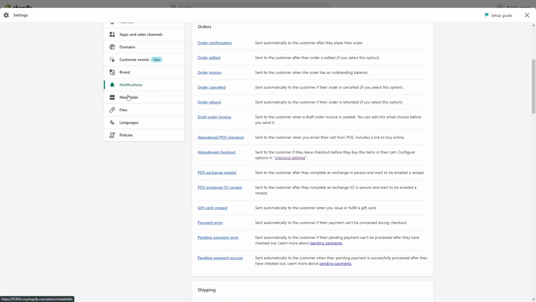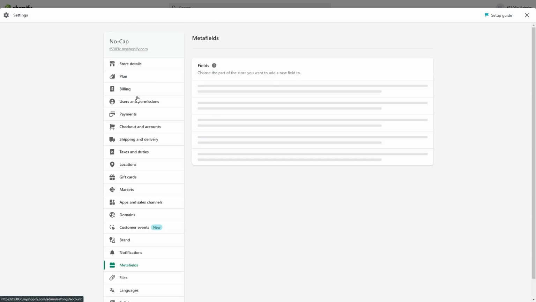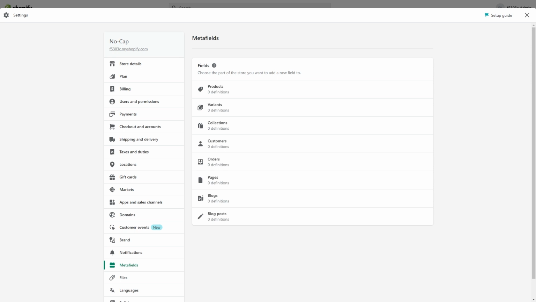And next, we're going to click onto the Meta Fields section. Meta Fields enable you to customize the functionality and appearance of your Shopify store by letting you save specialized information that isn't usually captured in the Shopify admin. You can use Meta Fields for internal tracking or to display specialized information on your online store in a variety